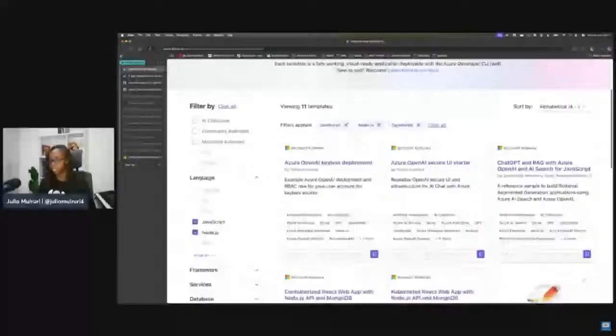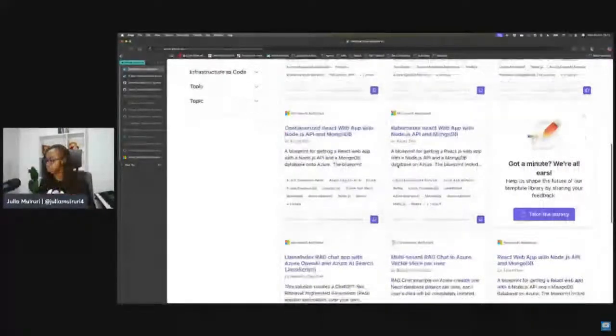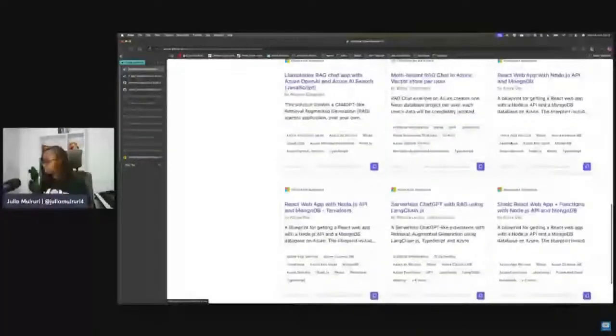And then once you find a template that contains the key services that you want to implement. So for example, let's say you want to, this is not AI related, our focus is really AI. Let's say you want to implement a ChatGPT-style application. You can basically go for this template. It's really, really advanced.